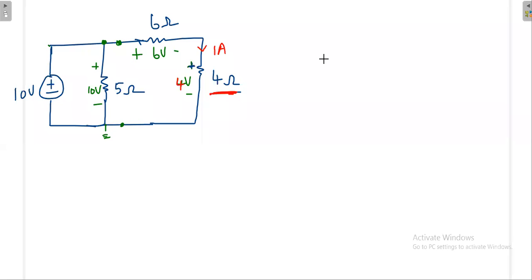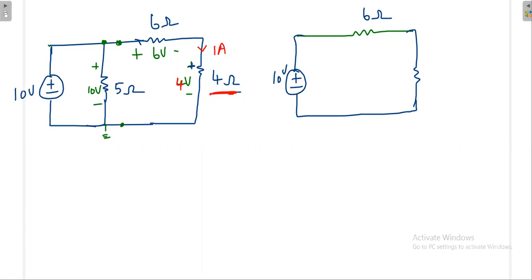Now I'm going to remove this resistance because I will see the performance now. I have removed that resistance. Okay, once you remove that resistance, I put 10 volt here. Now somebody tell me what is the answer? Whether you like it or not, here 6 volt will be there, here 4 volt will be there, and again 1 ampere current will flow here.